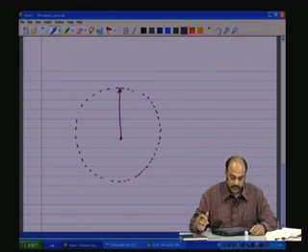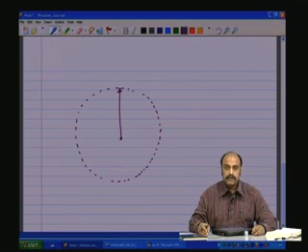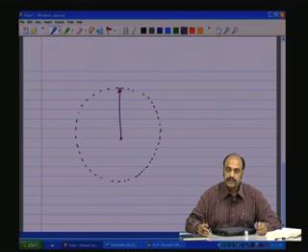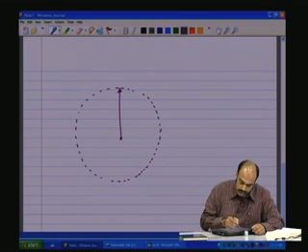If we apply 120 degrees electrical phase shifted sine waves to the three coils which are also 120 degrees phase shifted in the mechanical, that is in the stationary spatial coordinates, now as this is rotating,